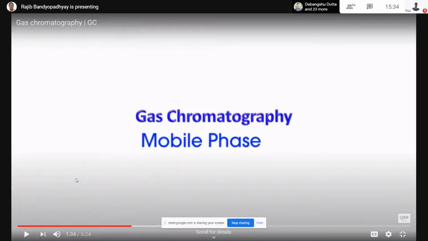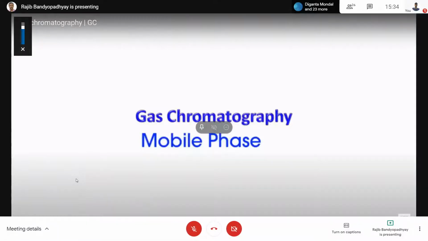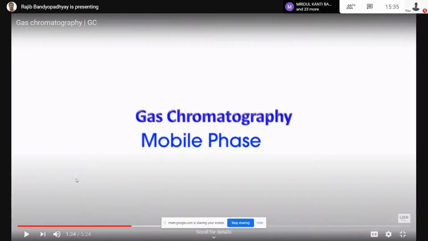Yeah, actually, at this point, I'm interrupting. The stationary phase, there are actually these two terms, and they are used in gas chromatography. One is called the stationary phase, and the other one is called the mobile phase. The idea has come from the fact that whenever in a particular column we inject the composition or the